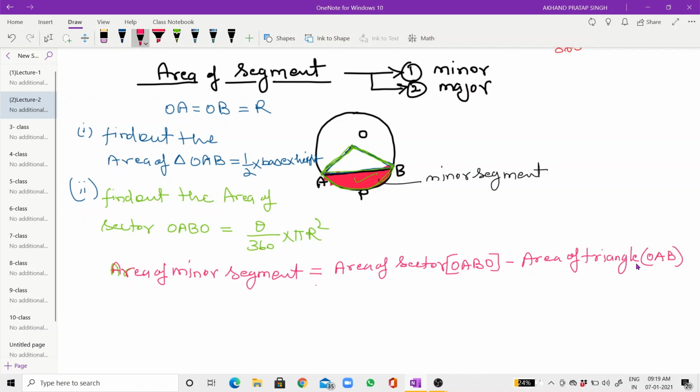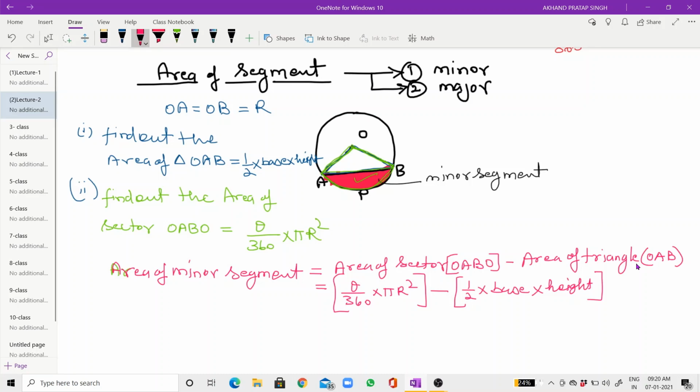So if we put in the values, it becomes theta upon 360 into pi r square minus 1 by 2 base into height. So in this way, you have to proceed to find the area of a minor segment. Once you have calculated the area of minor segment, then we'll find the area of major